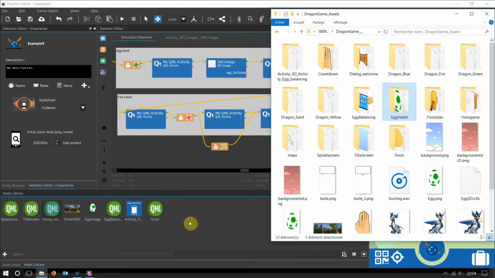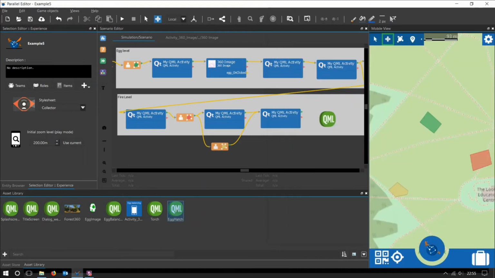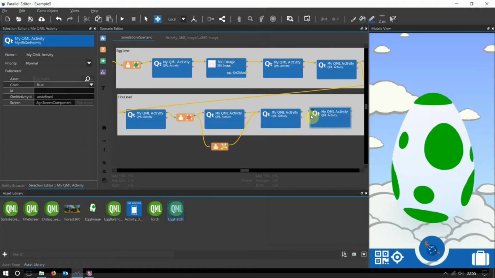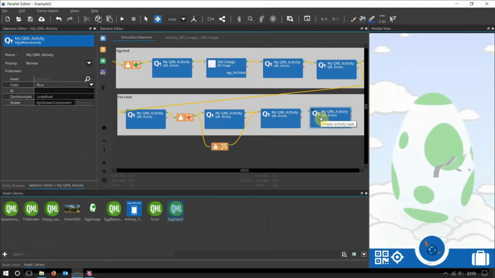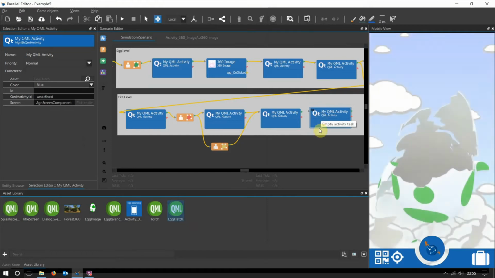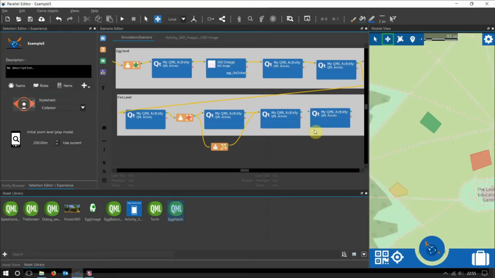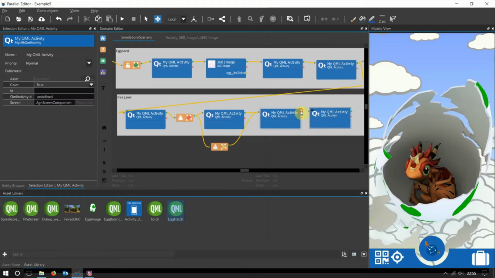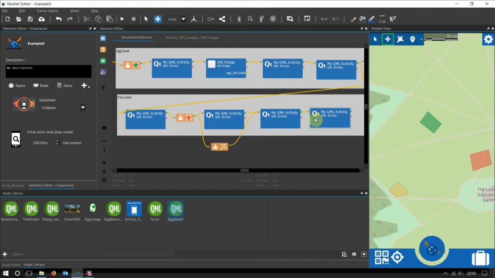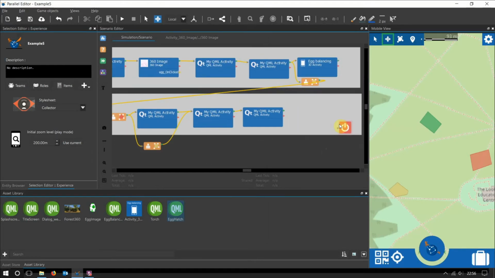Okay, here's the activity. Perfect. And I'm going to put it right next. Let's look at this little animation. Alright, look how cute is this dragon. Now let me connect it. Perfect. The next thing that we want to do, and this is a very important part in the game, is